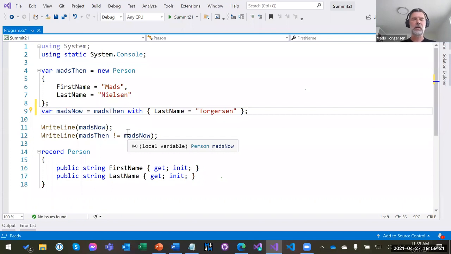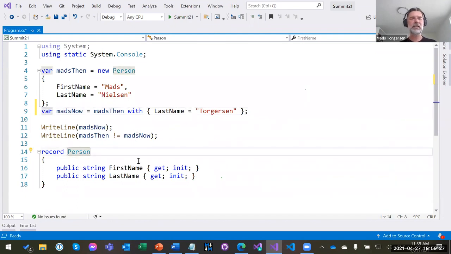So based on the feedback we've gotten so far, one of the things people would really like is, yes, records are classes, but first of all, maybe you should be able to say explicitly that they're a class, and so we're going to allow that.